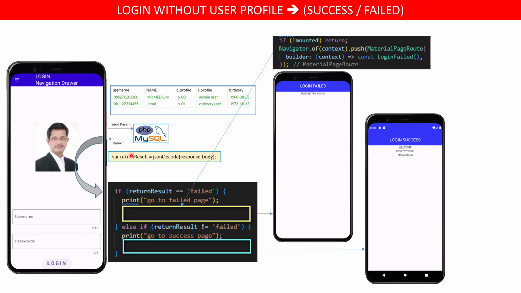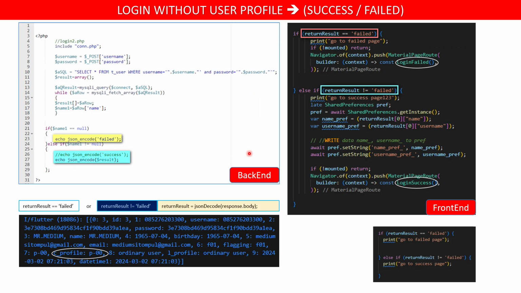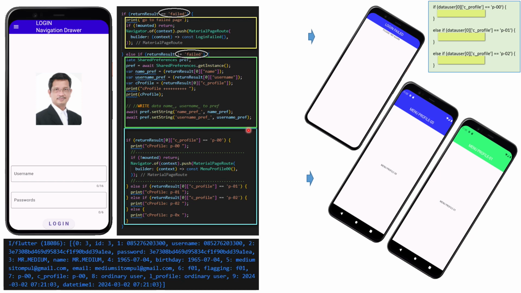The return result is the response from the backend. We can see where the front end and the back end are.